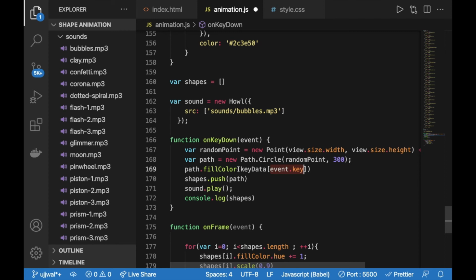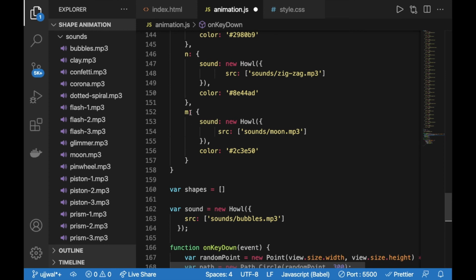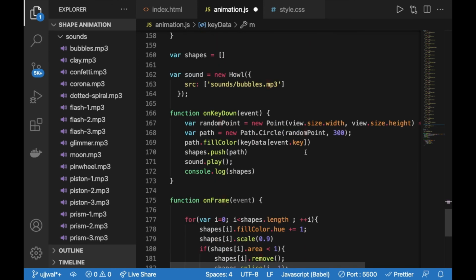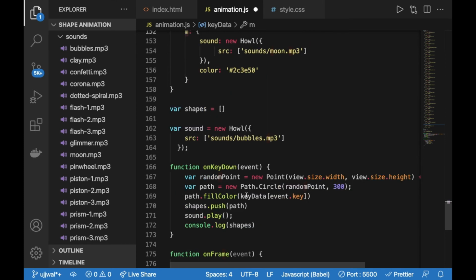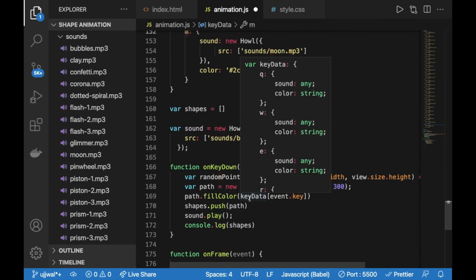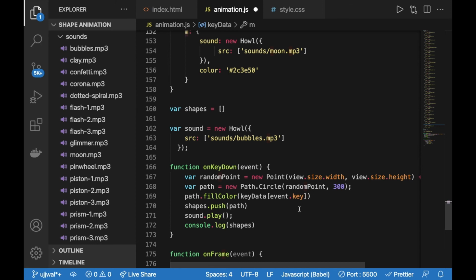Whichever key was pressed, we will check the key data for it. Suppose event.key comes out to be m, then we will have keyData, and in brackets we will have m, and after that we want to access this particular thing. So under m we are going to access color.